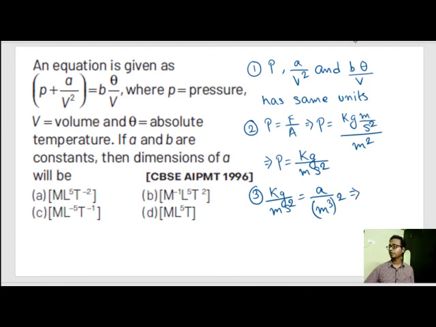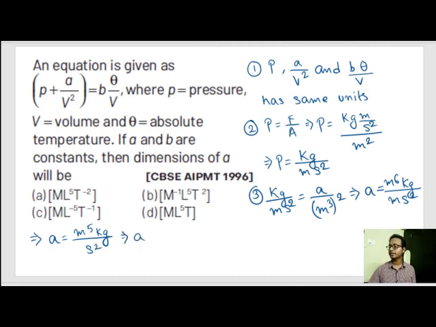Or A is given by, see this, meter to the power 6 into kg by meter second square. Or this meter and meter to the power 6 gets cancelled to form meter to the power 5, or A is equals to meter to the power 5 kg by second square,